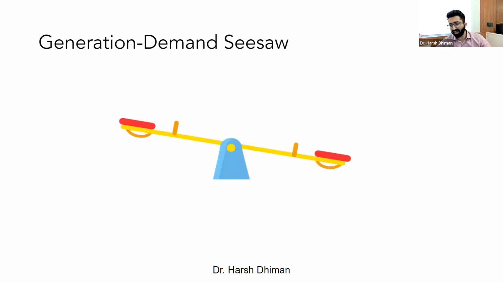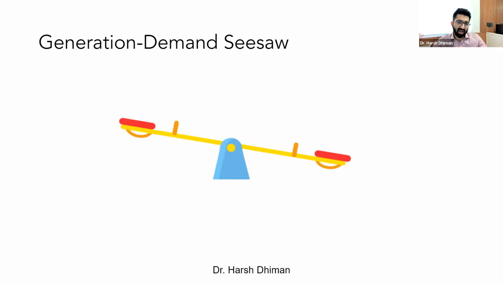Now, this particular slide is very important as far as electrical engineering is concerned. As far as power engineering is concerned, there's always an imbalance between generation and demand. As you can see from this seesaw, there are instances where generation and demand are not equal to each other. There are a lot of instances where you are generating more than what you require, and sometimes the load becomes excessively large. In that case, you are again reliant on additional sources of power.